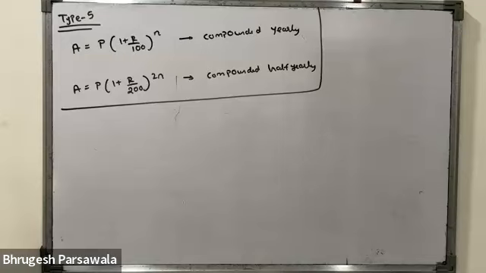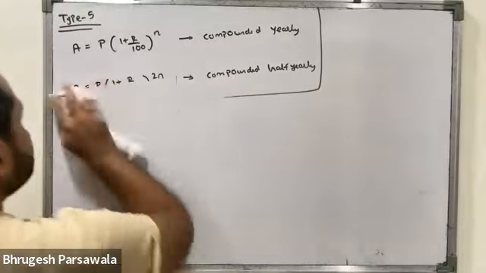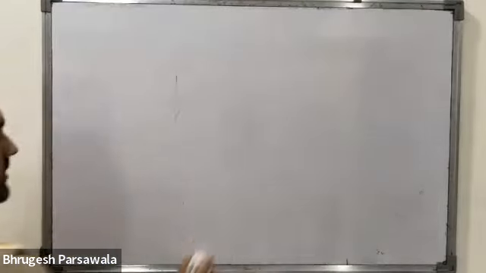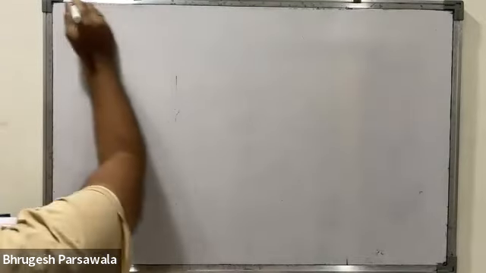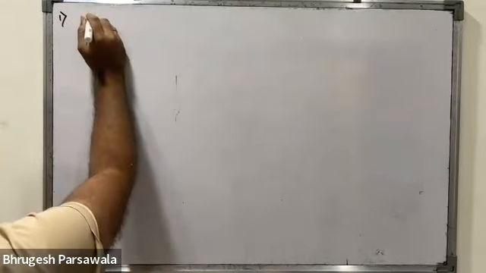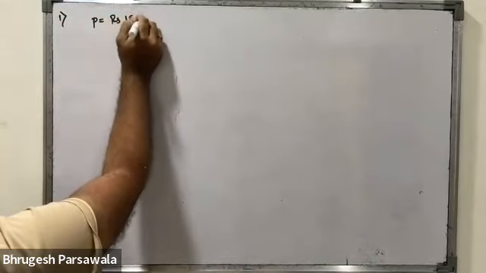Okay, my child. So let's start. Let's start with type 5. Let us begin our session with type 5. First sum. In what time will rupees 15,000 yield